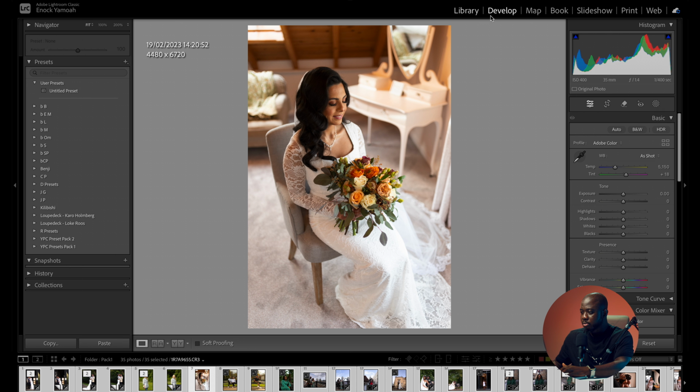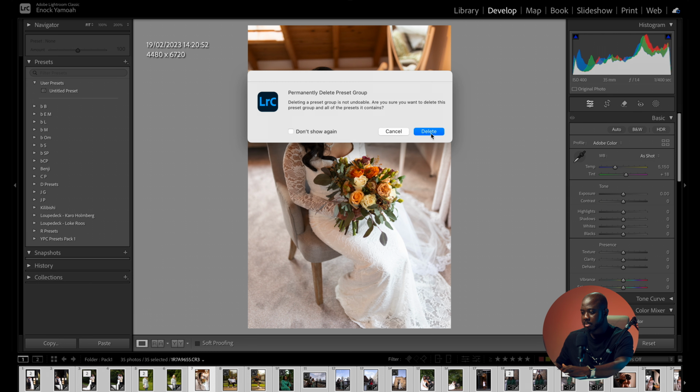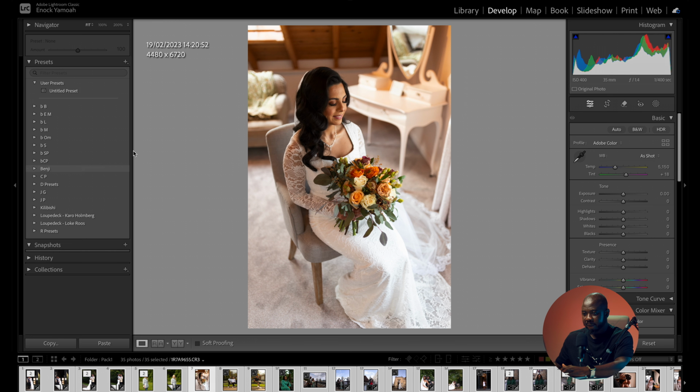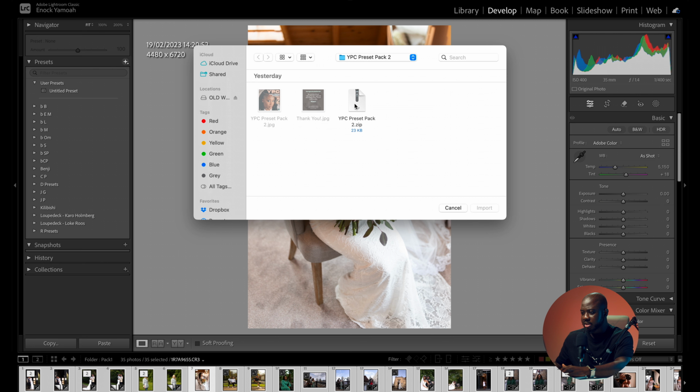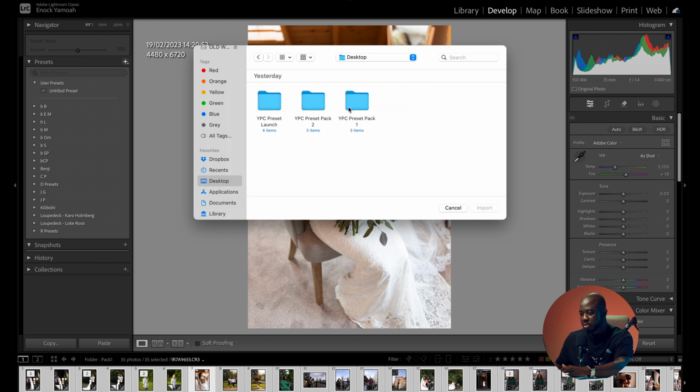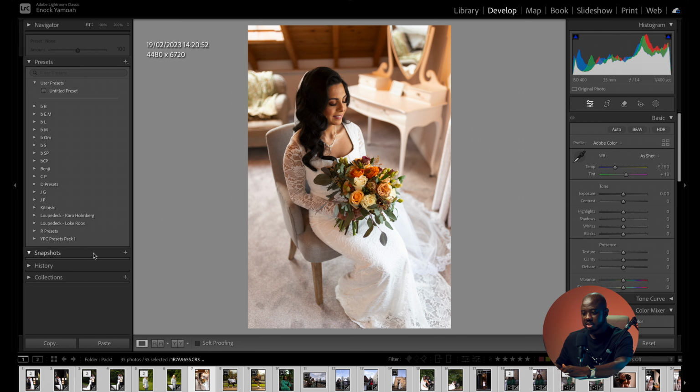So open your Lightroom, go to your develop tab, and under presets hit this plus icon right here and go to import presets. Now because I have these presets already, I'm going to delete them just so I can import them again for you to see. So presets, plus, import presets, navigate to where you saved them. Mine is on the desktop, so YPC preset pack 1, if that's the one you got, import, and you can